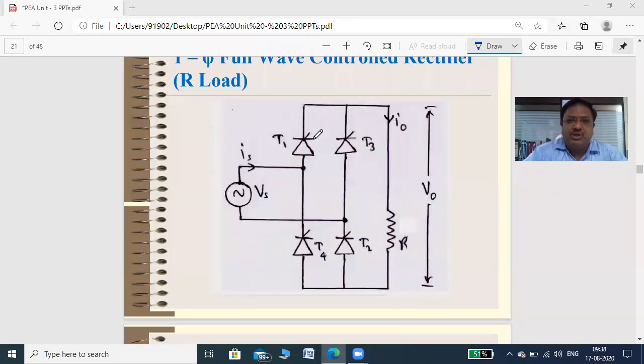right? So in this bridge converter, there are a total of four SCRs: T1, T2, T3, T4, right? So at a time, two SCRs turn on. During the positive half cycle, two SCRs turn on. During the negative half cycle, the remaining two SCRs turn on, and so on. So we'll get a more continuous DC as compared to the previous one, that is half control. So in full control, we have already seen the working during the positive half cycle.